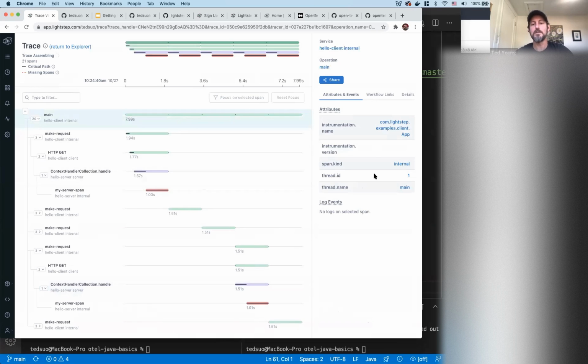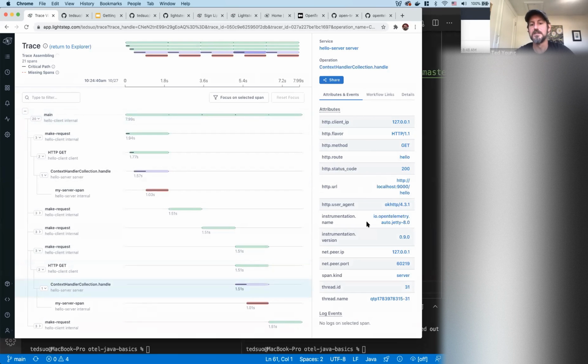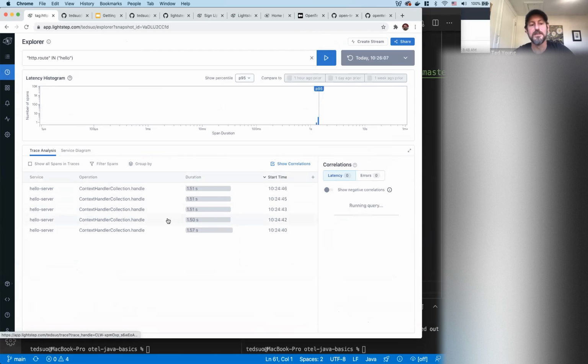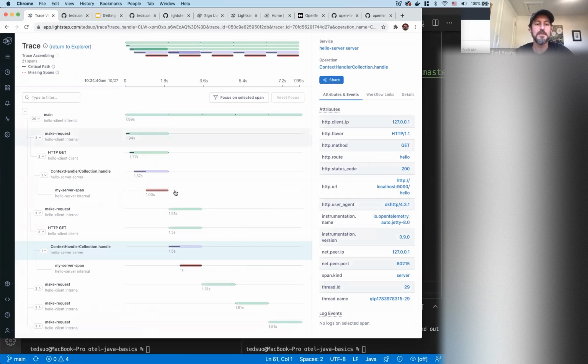And so kind of going back and forth, looking at a trace, trying to get to the bottom of it, noticing that there's some correlation you might want to look across, checking out that correlation in aggregate, then seeing something interesting pop up here and diving back into the span. That's a common, super basic workflow for investigating your data.